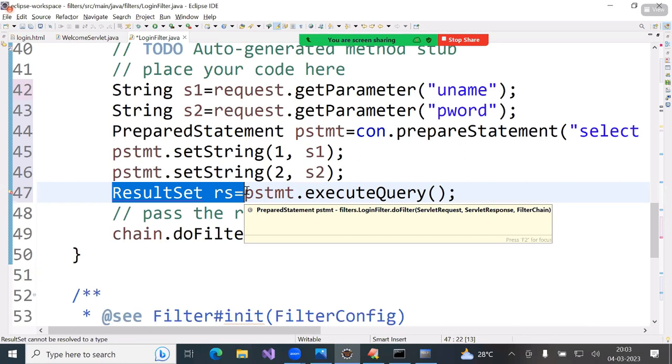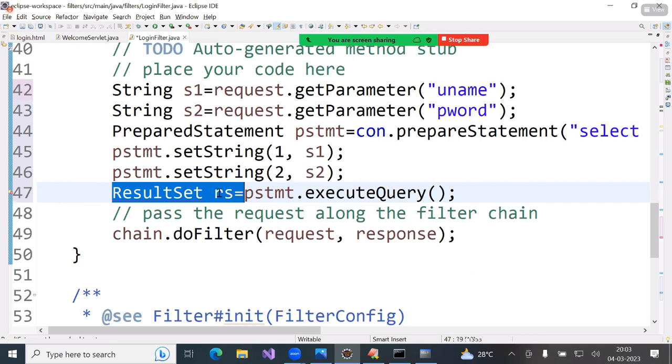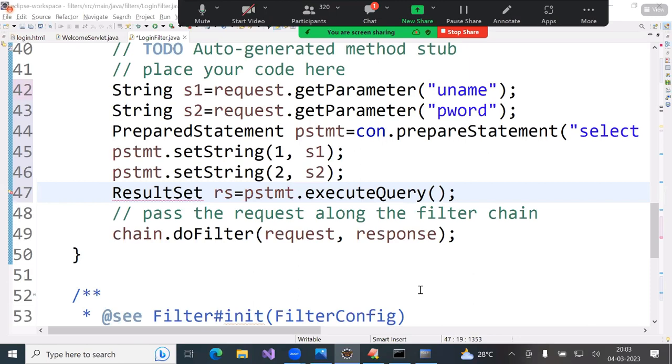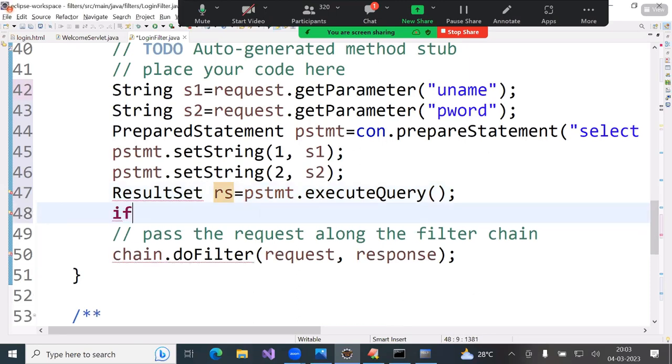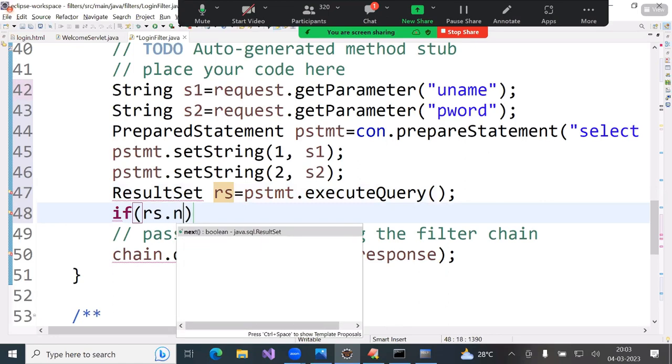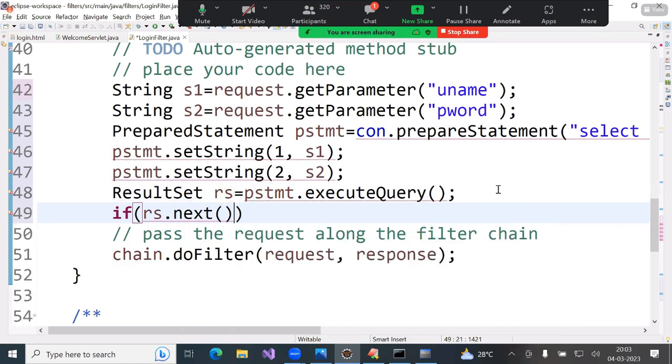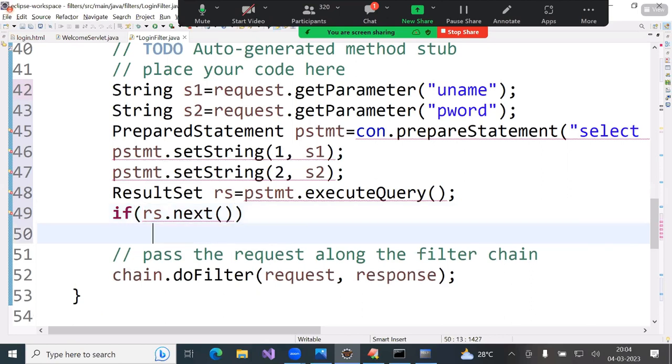No records. Whenever a result set is generated, the result set pointer points to before the first record. If I call the next method, it returns true if a record is there. If a record is not there, false. So with an if condition I can check: if rs.next is true,